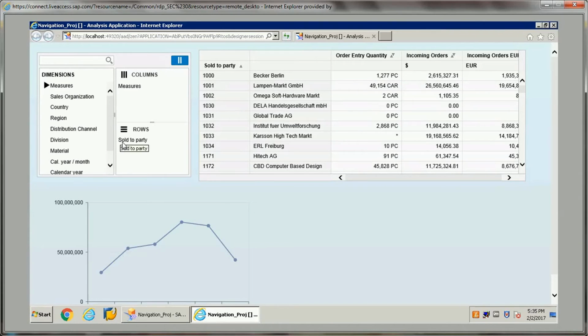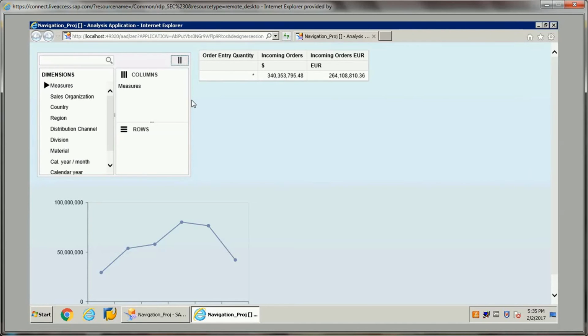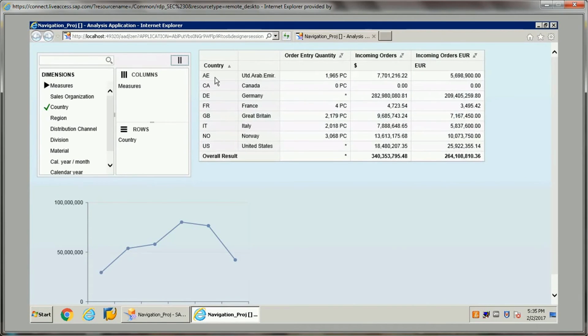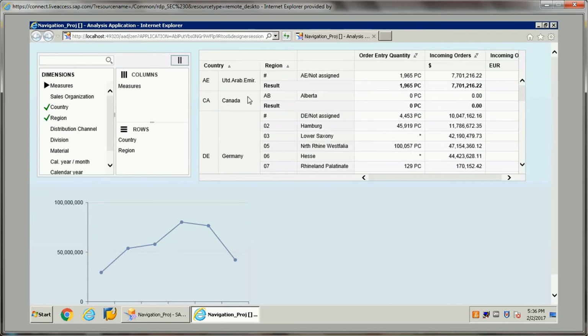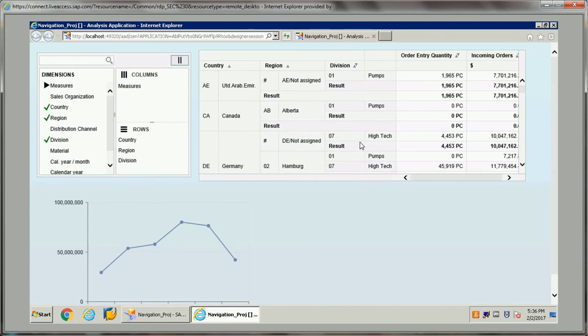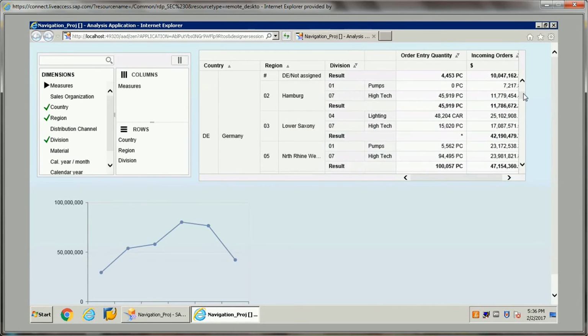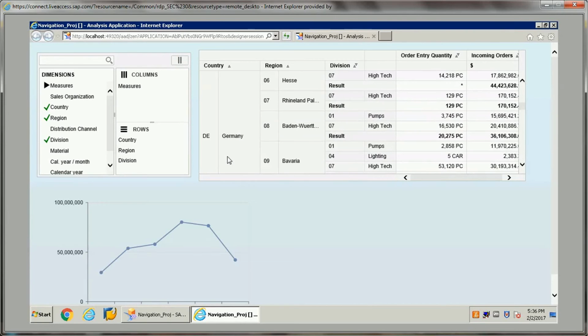Like suppose for now sold to party is the dimension. So the user can remove this, and it can just change. This is very powerful, we can say. If I drag this country, now if you see, country wise, the user can see order data or measures data. Now suppose the user also wanted to add a region as well here, he can do that. This region, suppose there is a division as well he wants to add, it can be. So it is at a very detailed level. This is a very user interactive feature available in this